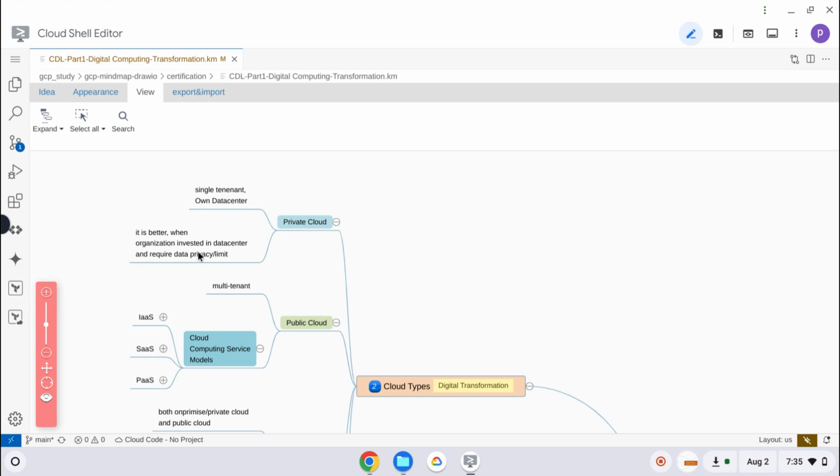In fact, one of my customers was running OpenStack. It is good enough when you have some limited requirements, or you know that you have invested a lot in your data center, and whatever data center capability you have is more than enough for your application and data processing. In that case, private cloud is enough, so we don't need to bother about any public cloud.